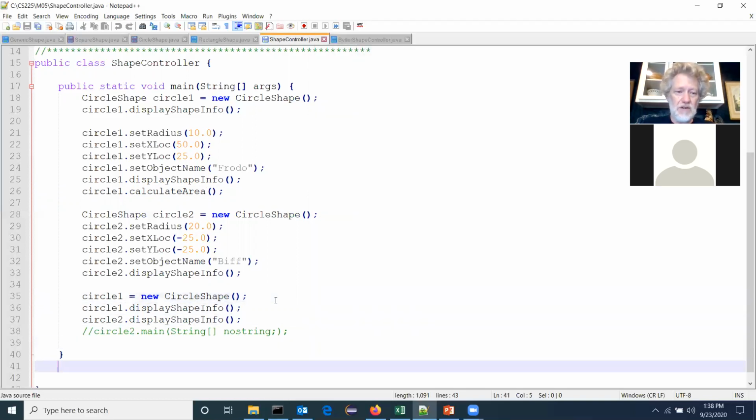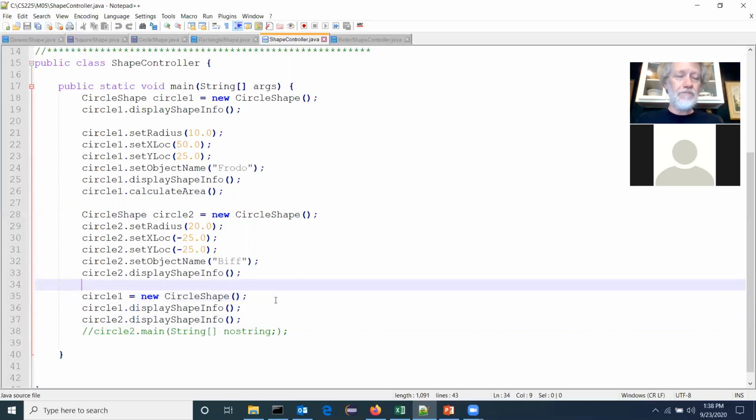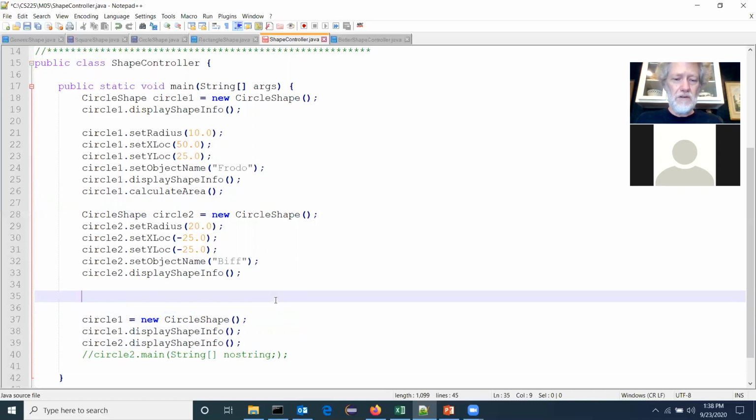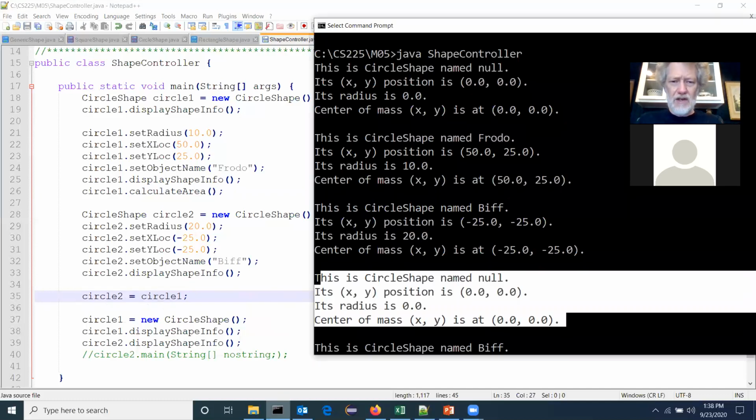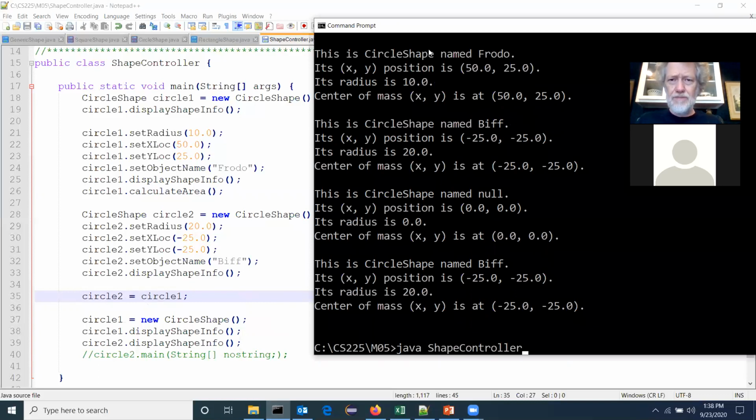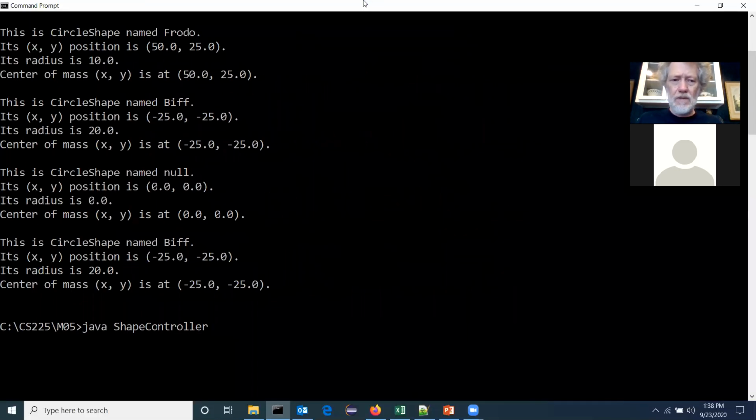By the way, let's do something weird here. Circle 2 displays. Let's do this. What if I do here? I'm going to save it. Compile it, hopefully compile it. Okay, so that compiles, and then I'm going to do,